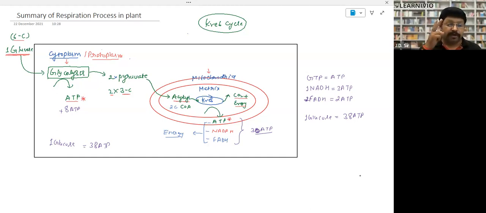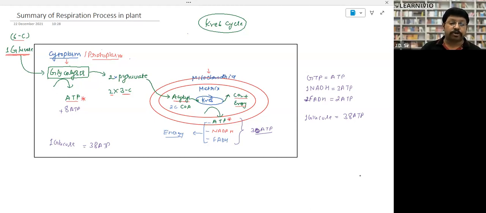So there are two benefits. First, it breaks down a larger molecule into smaller molecules, glucose into 2 pyruvate, and along with that, energy gain takes place, and 8 ATP are net produced. Now both pyruvates will enter. The mitochondrial membrane is permeable, or it allows the pyruvate molecule to enter. Inside the mitochondria, after crossing the outer and inner membrane, there is a gel-like substance. We call that the matrix. In the matrix, the Krebs cycle goes on.